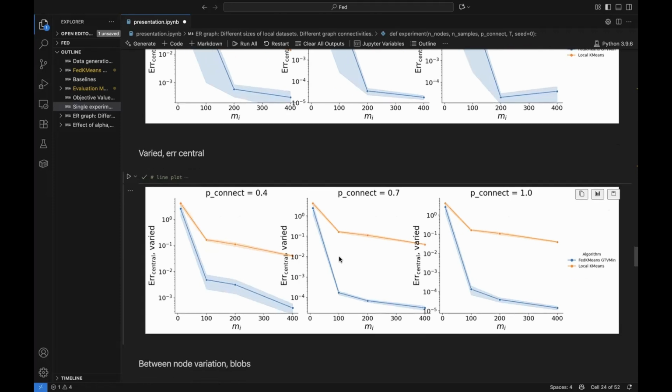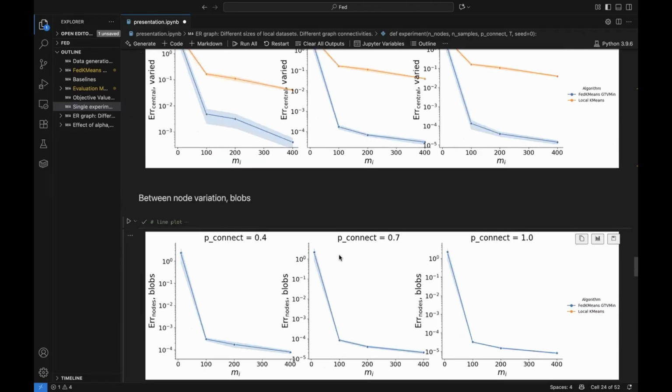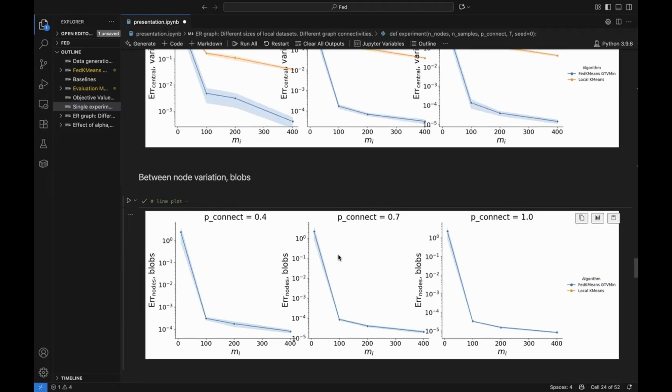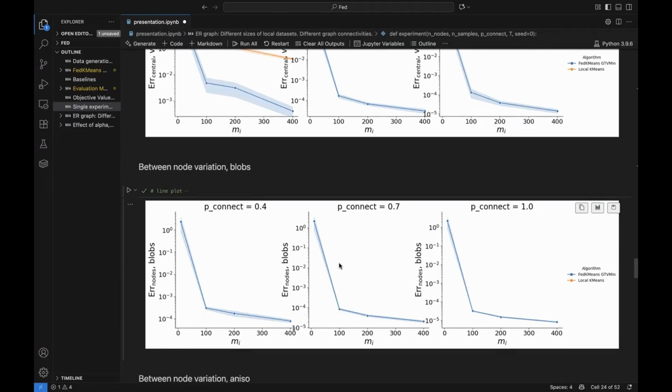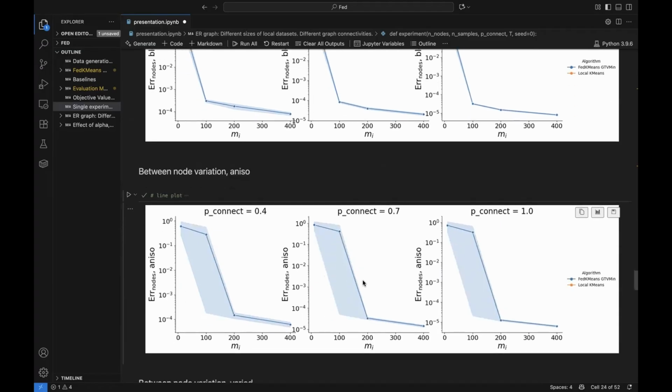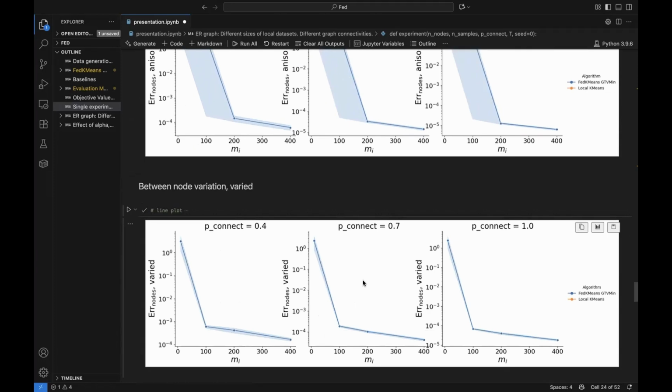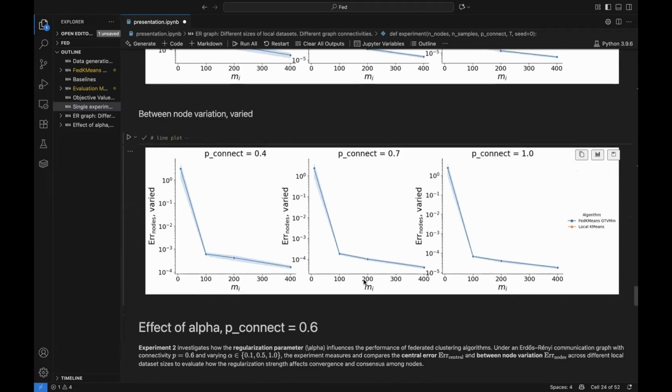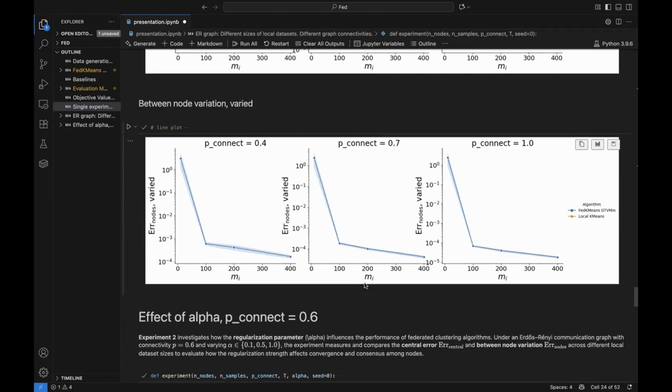So we plotted also the between node variation, so the difference between the clusters in between devices, in between nodes, and also with the increasing of P connectivity and dataset size, we can see that the performance increases in the sense that the error decreases. Same thing with ANISO, and finally with varied. Then we wanted to